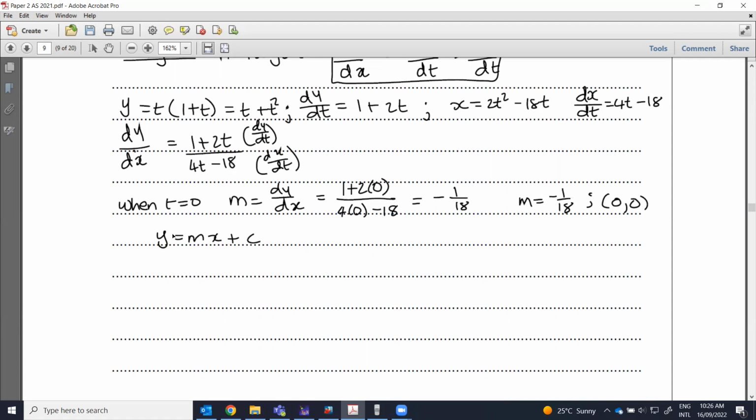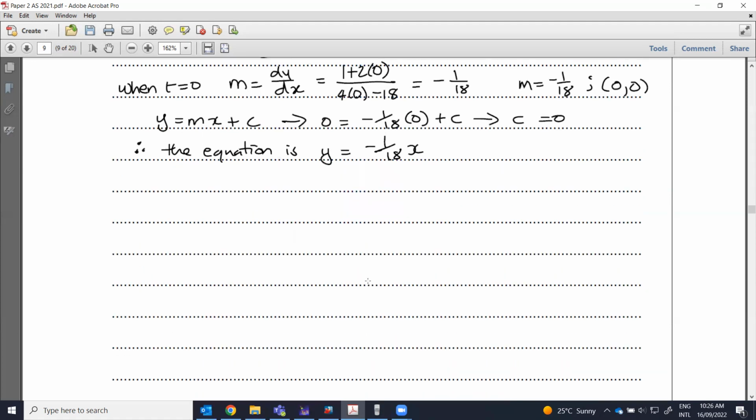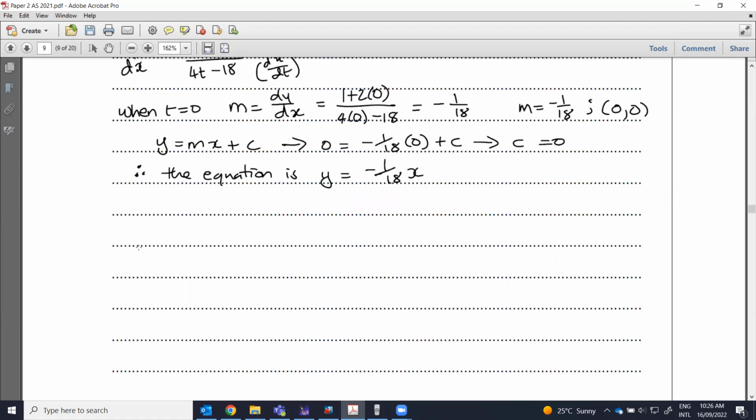So I will have 0 = (minus 1 over 18) times 0 plus c. Here you can see that c is 0, and therefore the equation is y = minus 1 over 18 x plus c, which is 0. So that's one way to do it. Another way to find the equation, because we have to work out the other point as well, when t